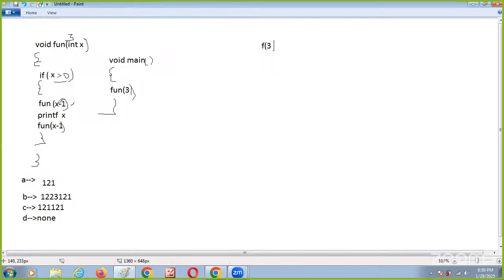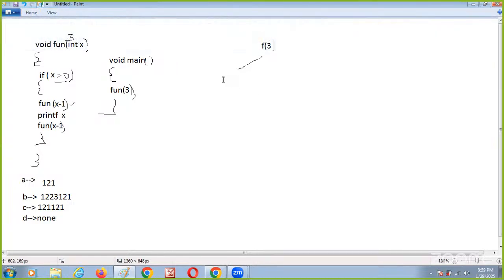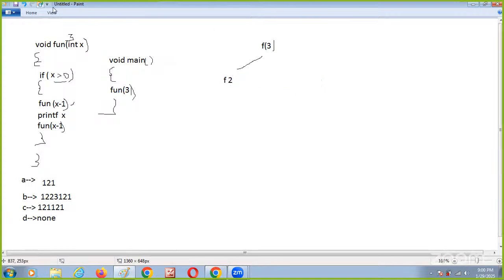So what does the function do? It calls f of 2, yes or no? It's f of 2. I'm writing in shortcut, okay? And again there are some printf statements. In the middle, we can print the statement. So in the second one,